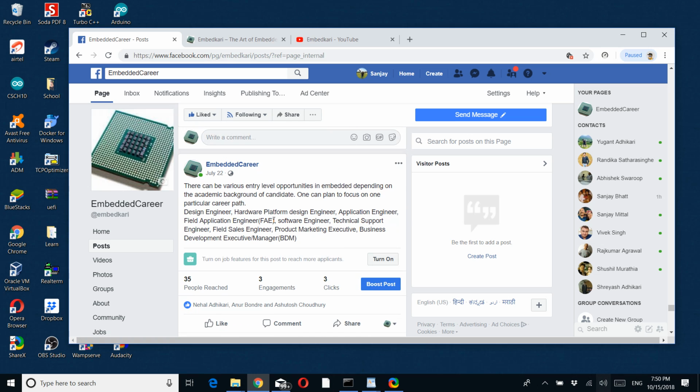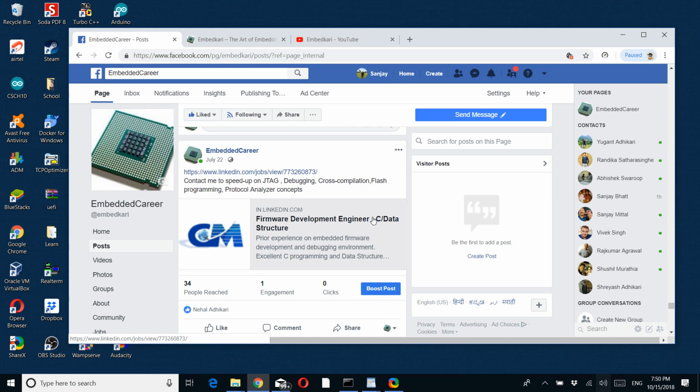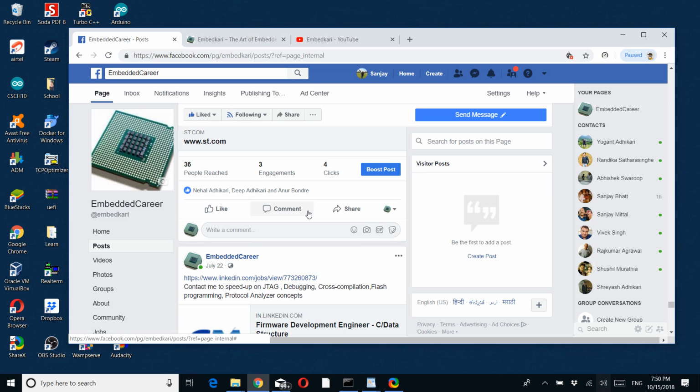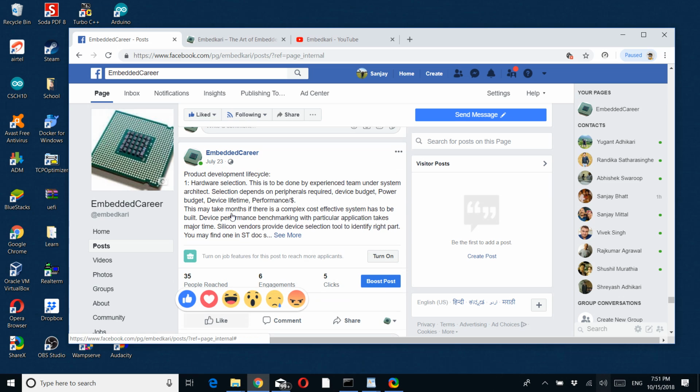After that, I have provided information on what kind of profile they can go for based on their performance and interest. And from time to time, we provide industry related information, what is happening, the latest things there, and any job requirement related to embedded. And after that,